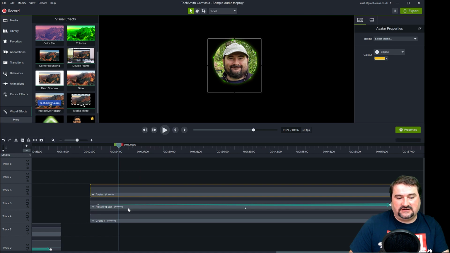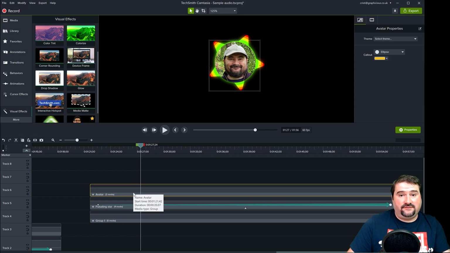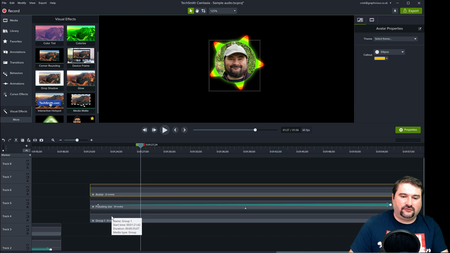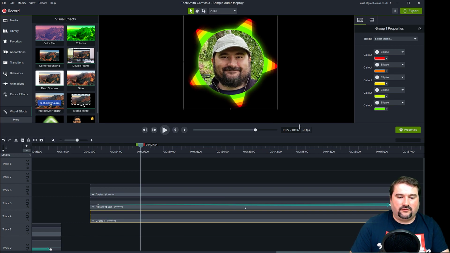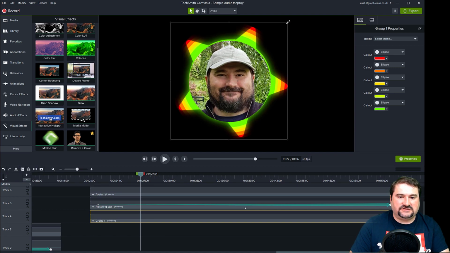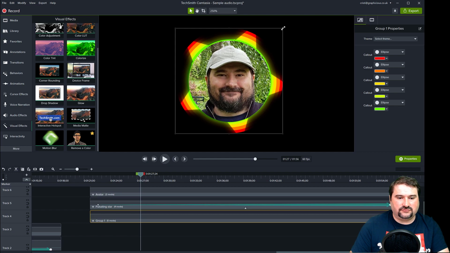And one way you can actually tweak that is, if you don't really see it, you can actually go and scale the avatar down a bit, you know, so just make it just stay inside of that area. Control-Shift to constrain it, but it does tend to snap anyway. So that's your thing. And if you think it's kind of large, you see too much green and not enough red, click on the circle group, which is down there. You can see all the colors right here, and it helps to zoom in though. And if you zoom in here and you control shift, you can scale that down a bit until you see the right colors that you want. Maybe you don't want to see so much green, right?